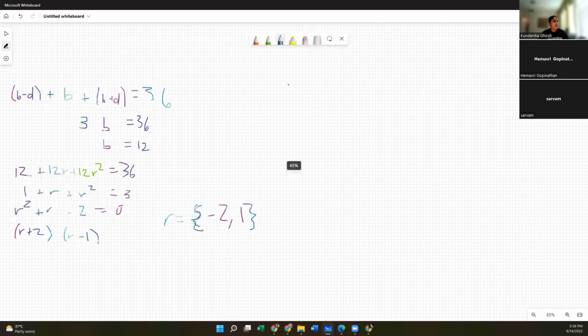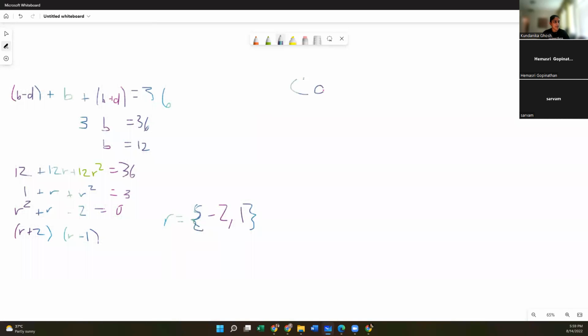Okay, so what I'm going to do is I have case 1. Remember how we talked about cases, where if you have two separate ways that it could go, you write case 1 or case 2. If you have multiple, depending on how many numbers, you keep going until you finish. So case 1, you have 12 plus 12R. R in this case is going to be -2, so you have 12 times -2 plus 12R squared. R squared is -2 to the power of 2. In this case, it's 4. So you have 12 times 4, not 12 to the power of 4, 12 times 4. That equals 36.